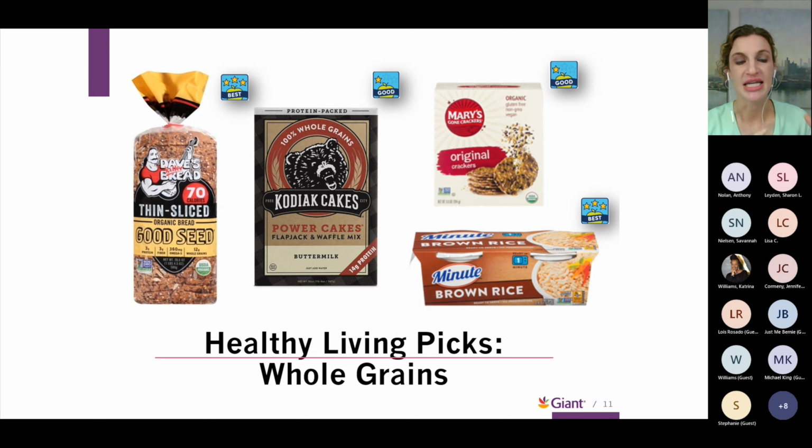Other great options, Dave's Killer Bread that has heart healthy nuts and seeds along with those whole grains. That's a great way to get a combination of nutrients that taste really good and it'll keep you satisfied. Now, other great options too. Mary's Gone Crackers, another wonderful whole grain cracker option if you're a big fan of cheese and crackers, or something as simple as brown rice. These are all great options that are going to give you those wonderful nutrients and contribute to those whole grains.